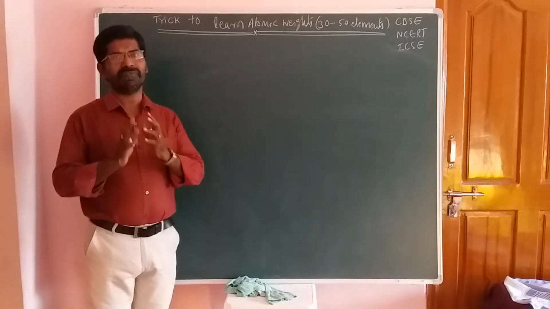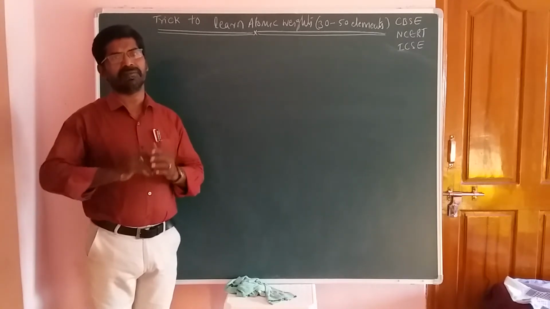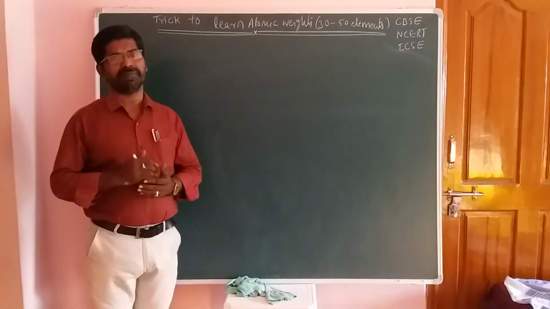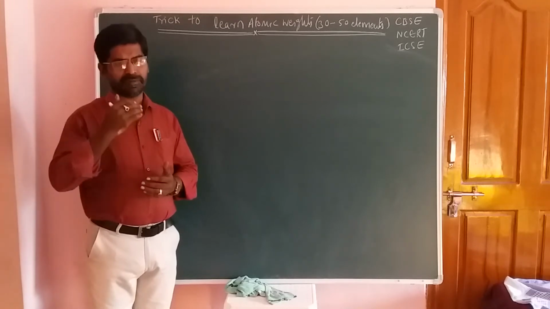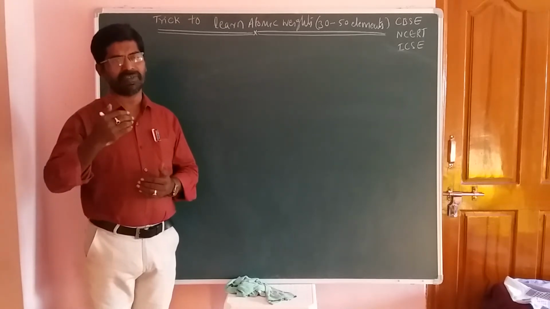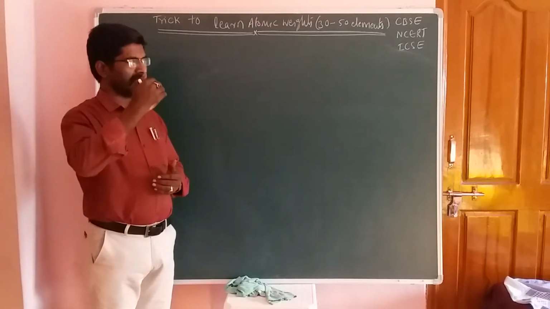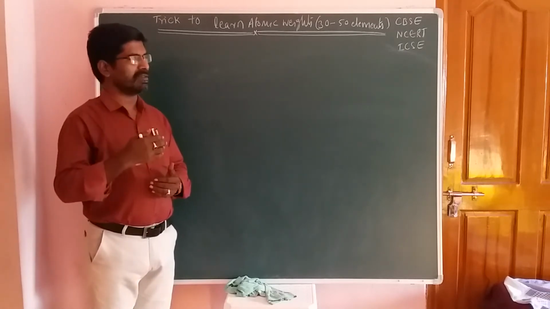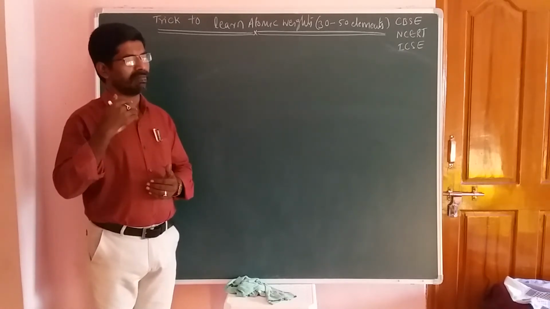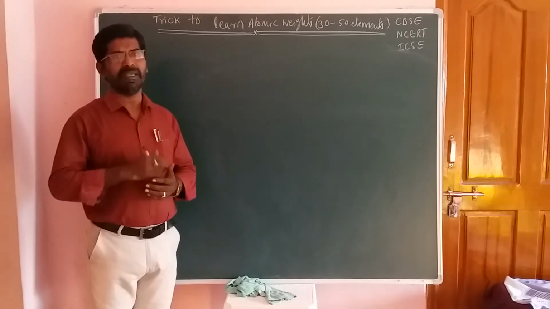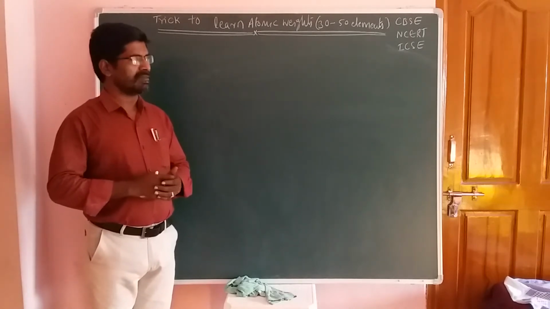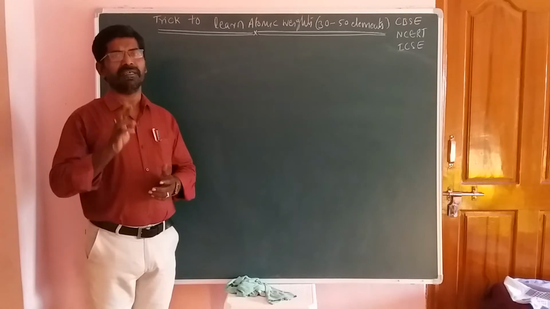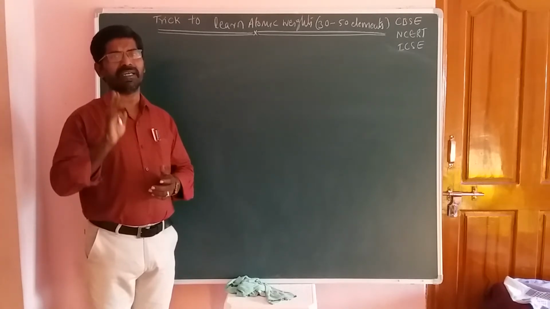Here we should use different types of tricks, that means numerical methods. General methods, atomic number and atomic weight. Write down the element names from first element to last element, give the numbering from starting to ending, multiply with 2, add the even number and base number up to 20 elements. And next is from 21 to 30 elements. I gave a trick: 3, 4, 5, 4, 5, 4, 5 and 3, double 5.